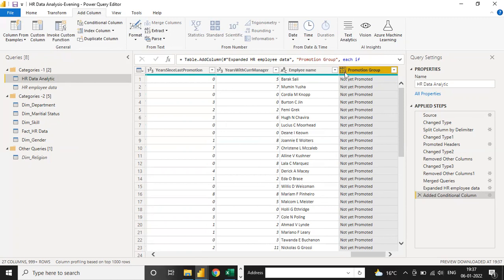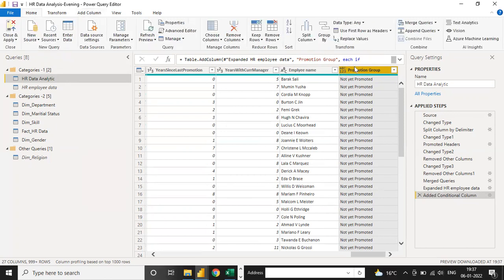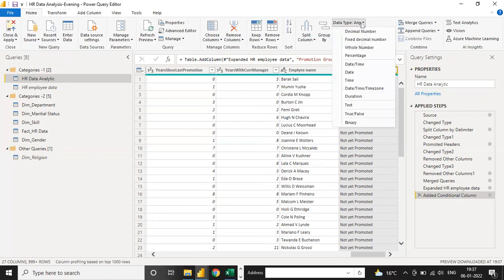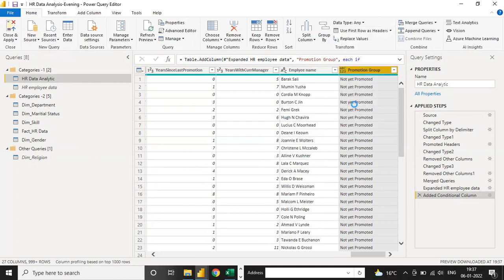But here, you can check the data type. You can see here the data type is ABC 123, so you should always select the correct data type. Go to Home, change the type to text only, because this value is a text value. Do you have any doubt on how to use this conditional column?